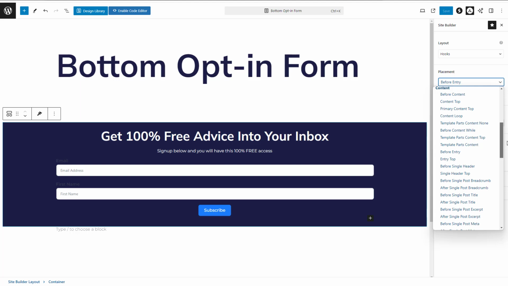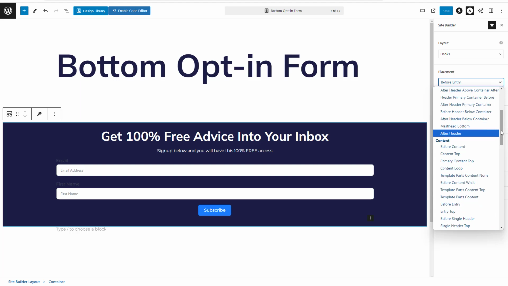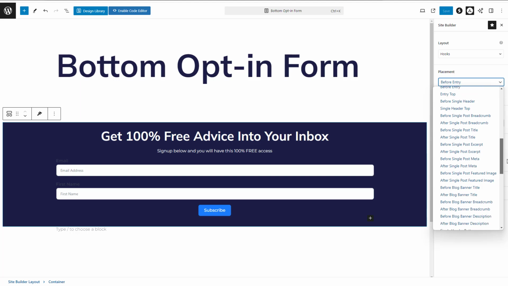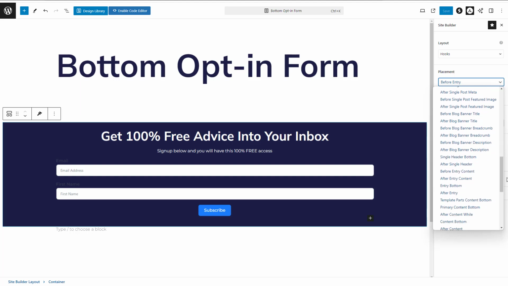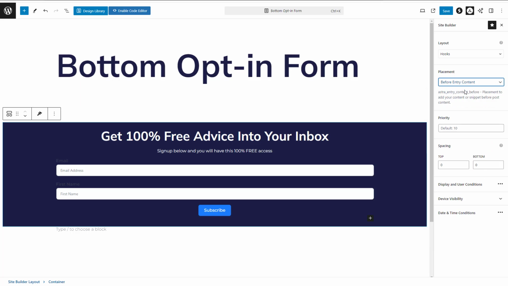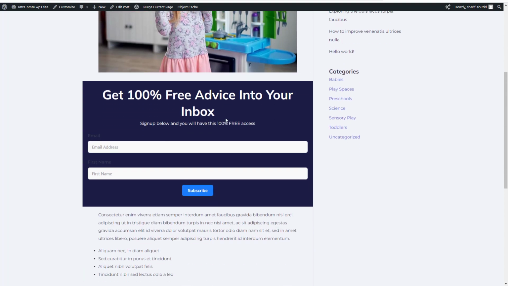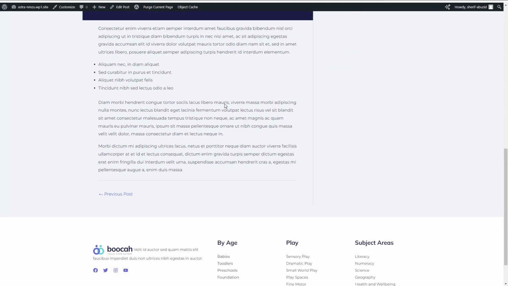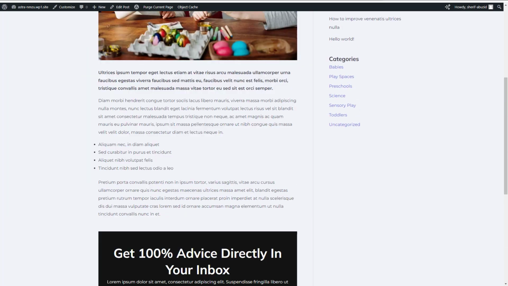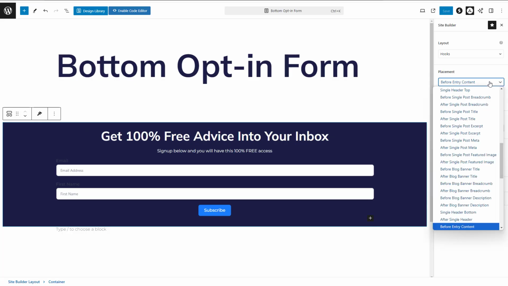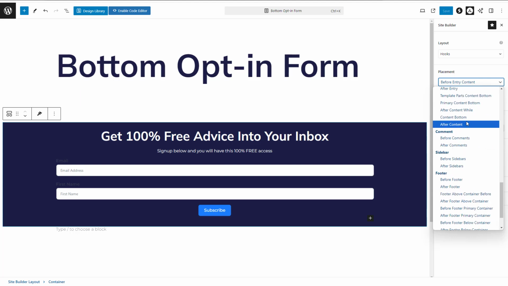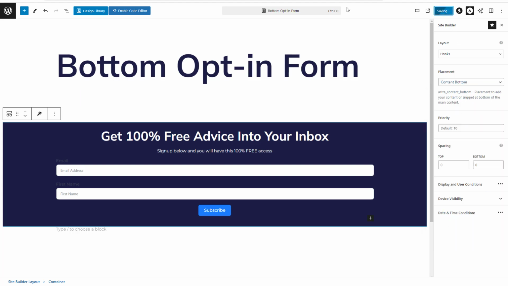So entry top, I think we have before entry. Let me just go here. We can just play around with this. So let me see, after before entry content, I think that's it. Let's click save, and let's click refresh, and that's it. This is now appearing at the top of every single post. But usually, or personally, I like to make it at the bottom of every single post, because